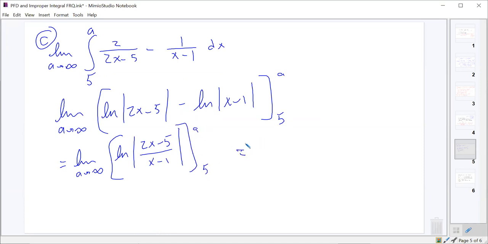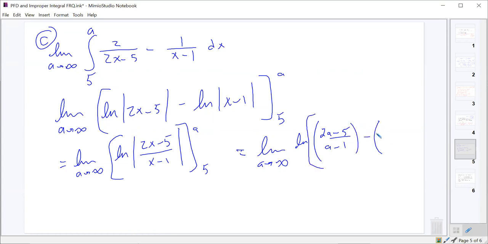And now, as a goes towards infinity, well, actually, let me write it out. I should write it all the way out. Limit as a approaches infinity, natural log of, and the absolute value is sort of insignificant, right? Because a is going to infinity and 5 is going to make both the numerator and denominator positive. So that thing's always going to be positive. So we got natural log of 2a minus 5 over a minus 1